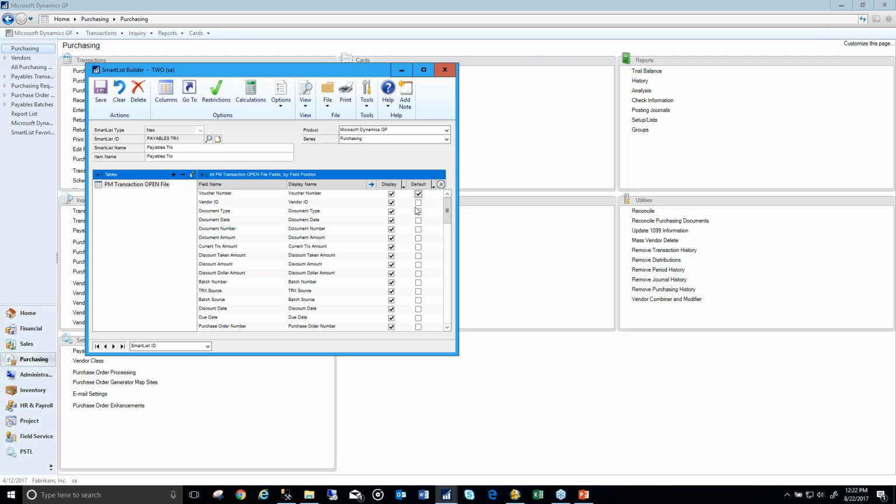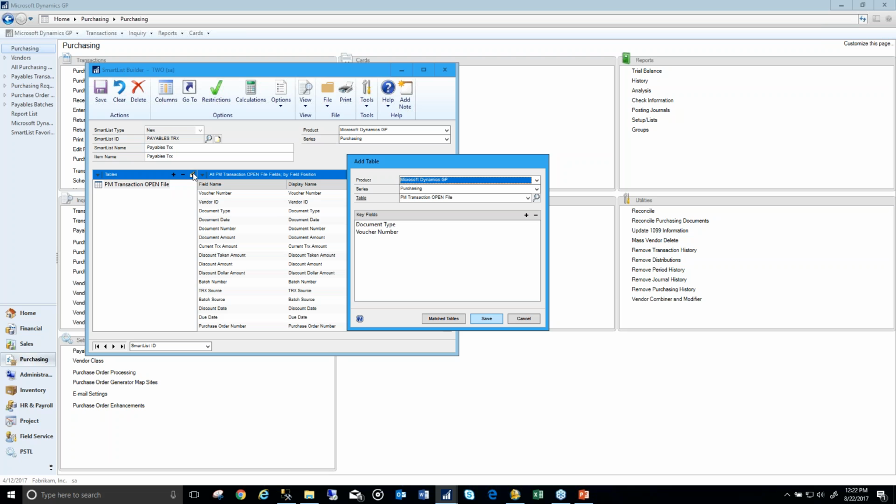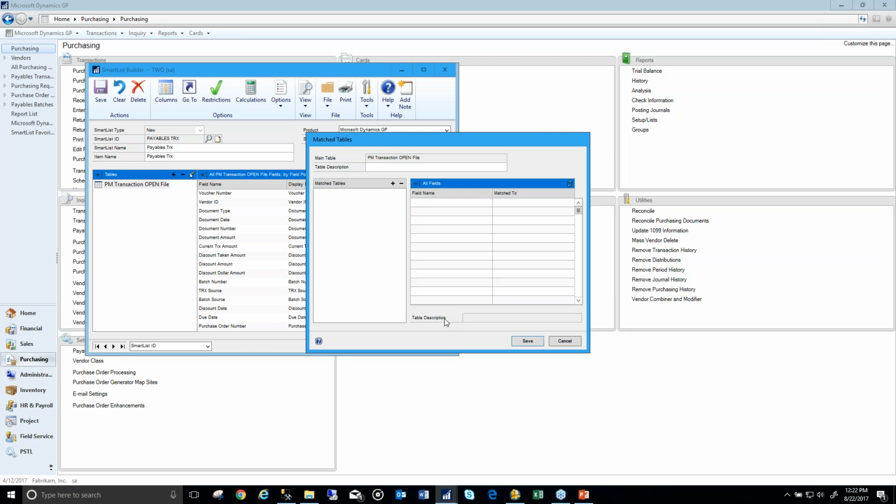So now I'll pick a few of the fields here: type, date, number, amount, and current transaction amount. Those are the main fields I'm concerned with. But right now, if I ran this, I'm only going to see what's open, but I really want to see what's in work as well. So I'm going to go back and edit the table. And we see this button called Match Tables appear. I'm going to click on Match Tables, and we can show,